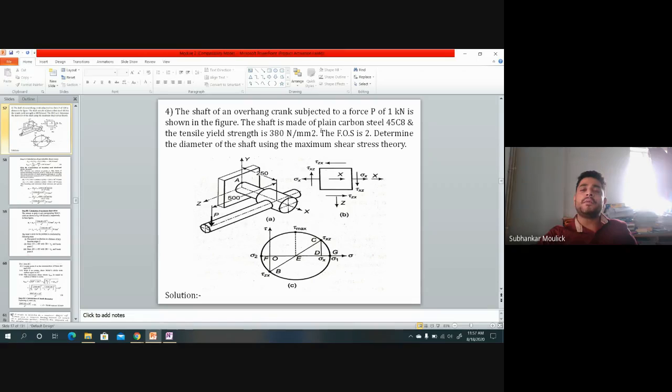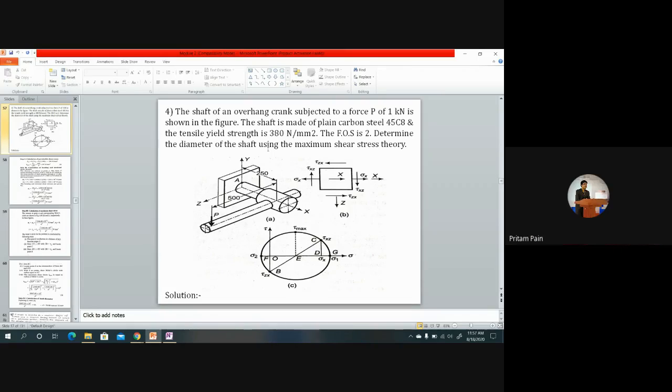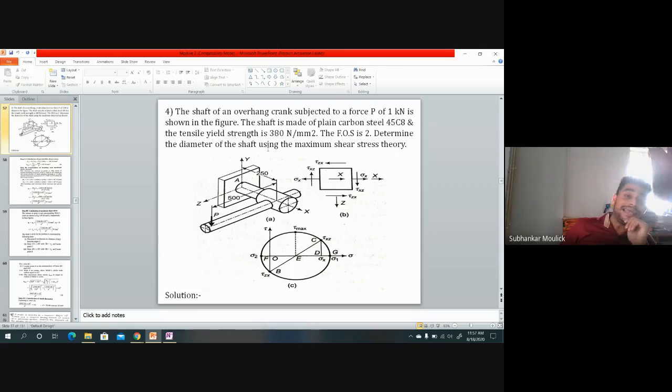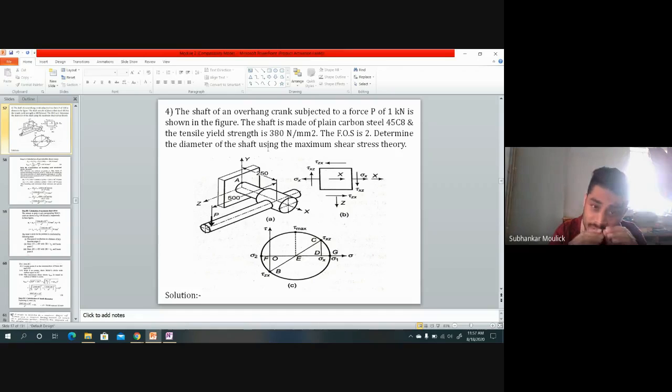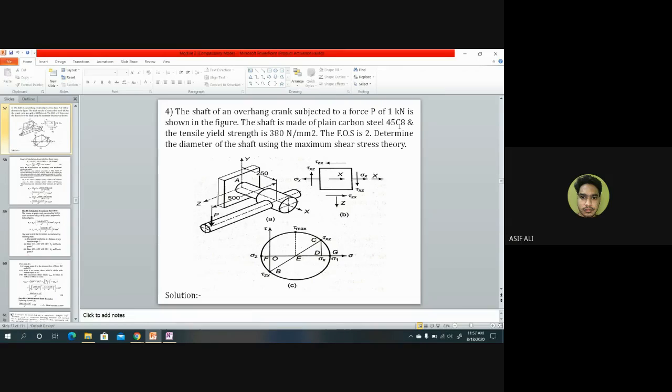The shaft is made up of plain carbon steel 45C8 and tensile yield strength is 380 न्यूटन पर मिलीमीटर स्क्वायर. अब ये क्या है 380 न्यूटन पर मिलीमीटर स्क्वायर? ये कौन सा वैल्यू है? SYT. SYT कैसे पता चला SYT है? Sir, yield strength is written. अगर मान लो यील्ड स्ट्रेंथ लिखा नहीं होता, मान लो ये क्वेश्चन मैं एग्जाम में देता और यहाँ पे लिखा रहता कि द शाफ्ट इज मेड अप ऑफ प्लेन कार्बन स्टील, सर 45 स्टील से ही कार्बन स्टील लिखा है, उससे पता चल रहा है।